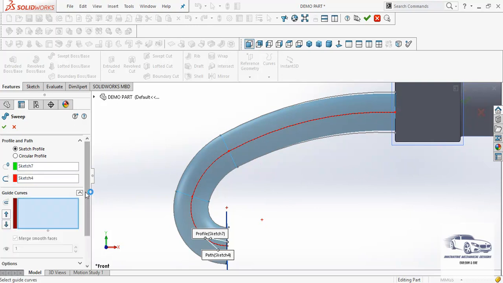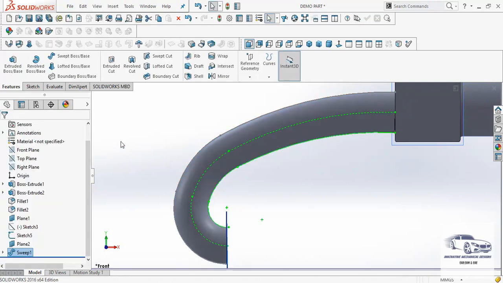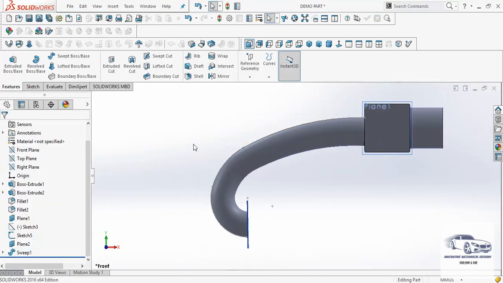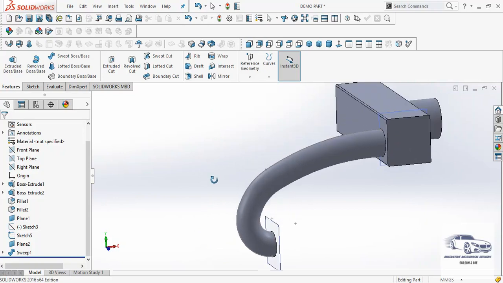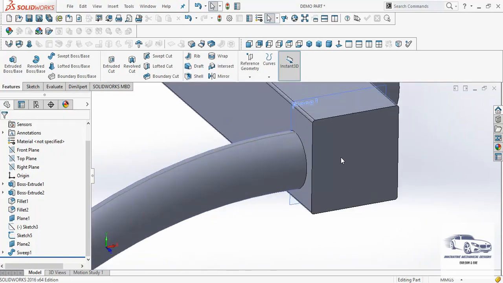I can go to the guide curves option and select this particular arc curve. Now we can see that the sketch has adjusted up to the position of the two guide curves and the sketch has been fully created in a proper manner. So in this manner we have got the desired contour.